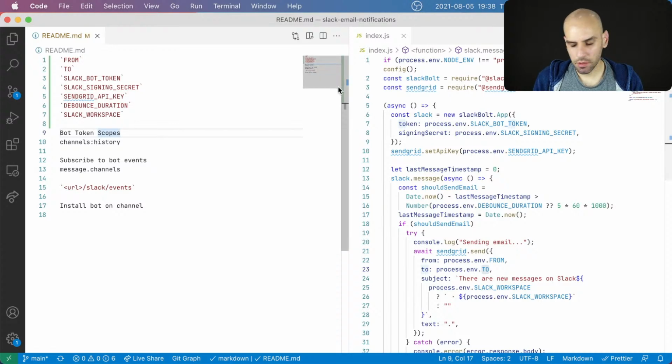In fact, I really want to make sure that I'm not missing anything, so I'm going to switch back to my face cam and I'm going to compare this to my .env file. See if I have everything in there. Okay, everything is in there.